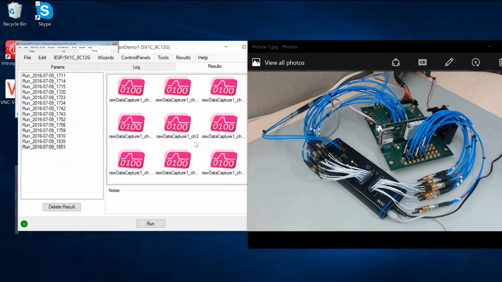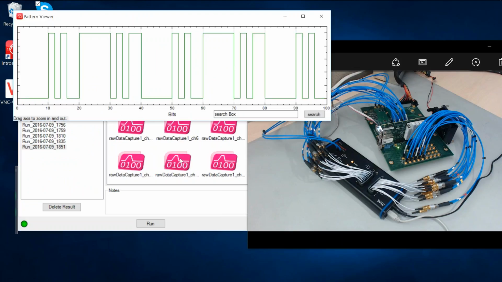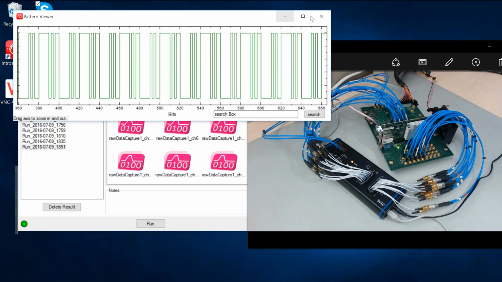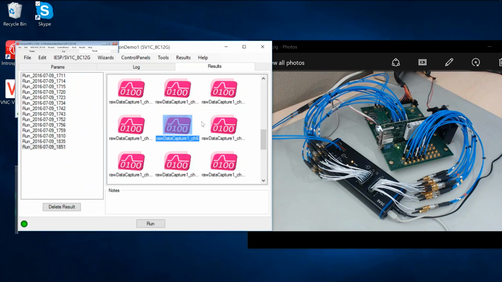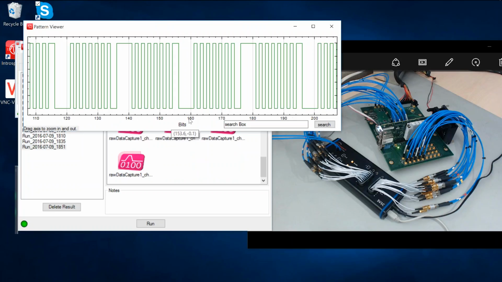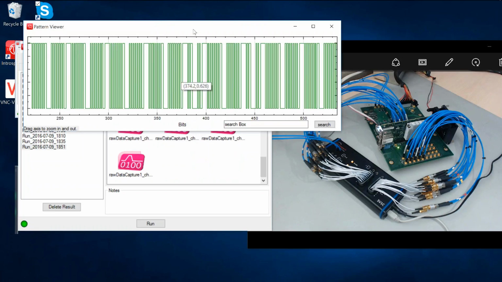And in the process, the tool has also given us some captures of waveforms that have been received. So this is an example of a waveform that's been received. This happens to be a comma character that was used in loopback training. And then we can look at some other waveforms. These are compliance patterns basically out of the PCI Express device, which are again 8-bit, 10-bit encoded patterns with some